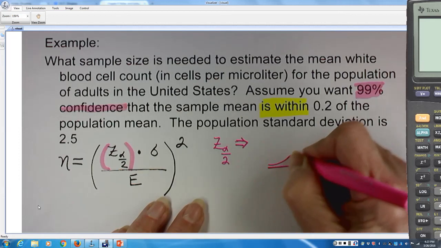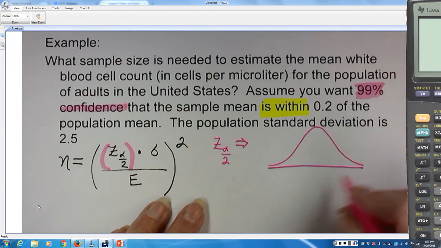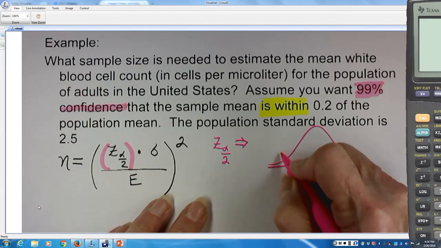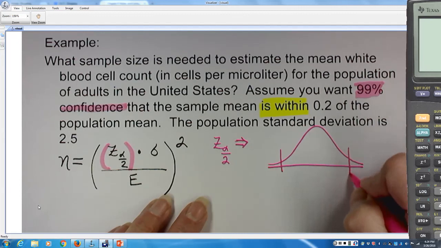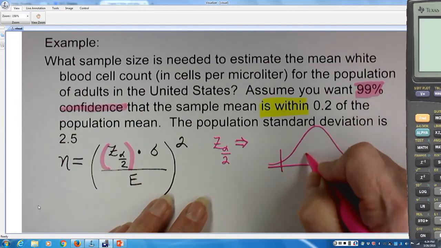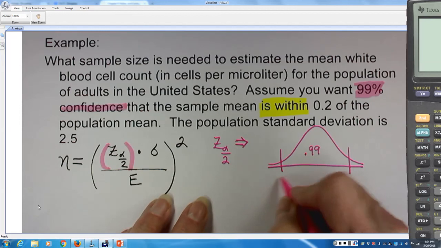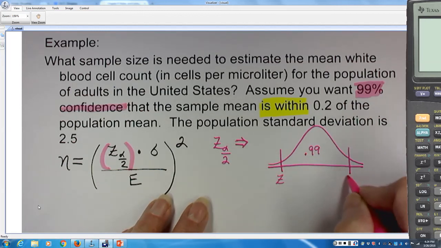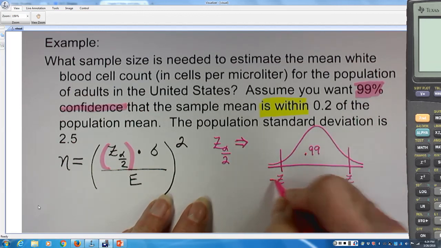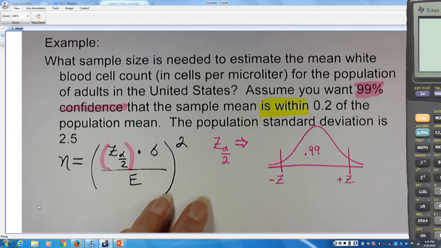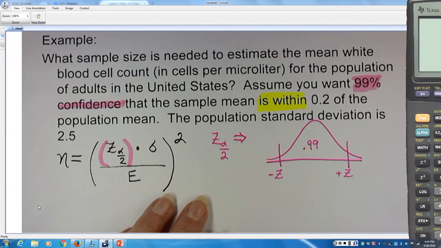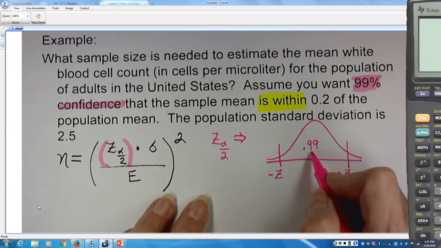Just to remind you of how this works, you don't have to necessarily draw all this out, but I'm trying to get you to remember what everything is. 99% confidence means there's 0.99 between those two values. This is the lower Z value, this is the upper Z value, and the only difference between them is that one's positive and one's negative. Okay? If there's 99% here,